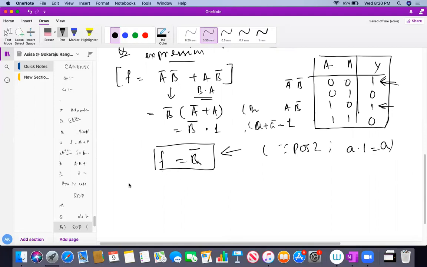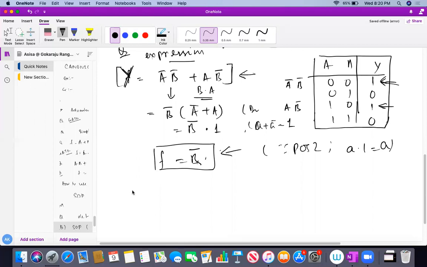Okay. So here you see. How to write this? This is F. It is actually Y, because the output is given as Y. So F will be expressed in the form of Y. This is not in simplified form. This is actually in the form of canonical form. I have expressed it into the minimal form. I'll tell you what is canonical later on. Don't worry. So SOP can be expressed either in minimal and canonical form.